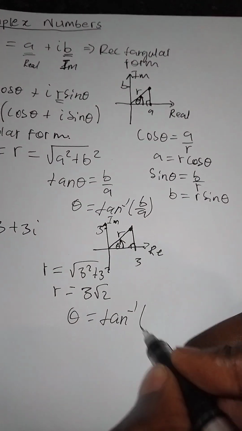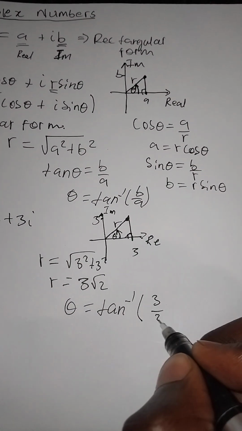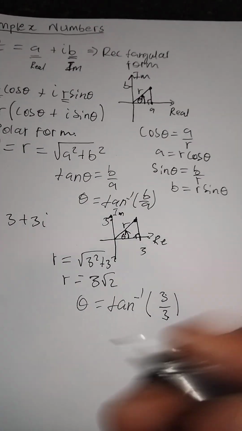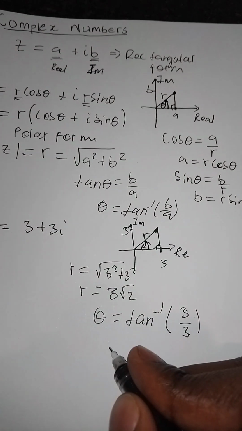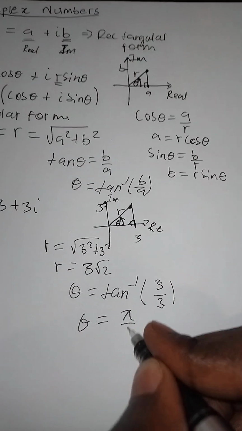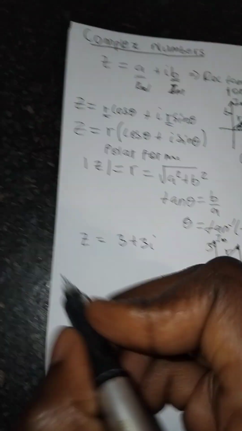Okay, so theta is going to be 3 over 3. B is 3 and also A is 3. So 3 over 3 is 1. So basically we're looking for arctan of 1, and we know that arctan of 1 is pi over 4. That is pi over 4. Then